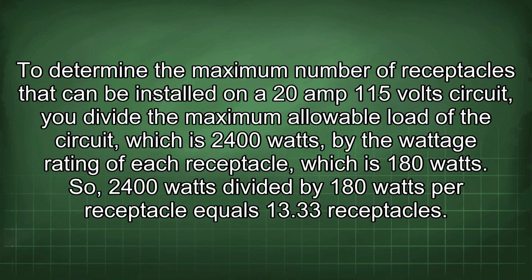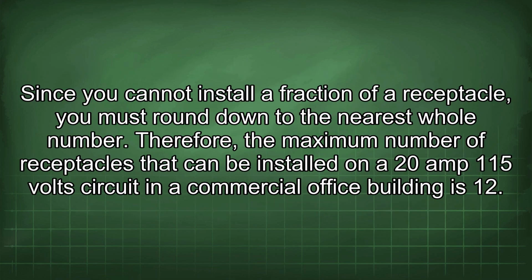To determine the maximum number of receptacles that can be installed on a 20 amp 115 volt circuit, you divide the maximum allowable load of the circuit, which is 2400 watts, by the wattage rating of each receptacle, which is 180 watts. So 2400 watts divided by 180 watts per receptacle equals 13.33 receptacles. Since you cannot install a fraction of a receptacle, you must round down to the nearest whole number. Therefore, the maximum number of receptacles that can be installed on a 20 amp 115 volt circuit in a commercial